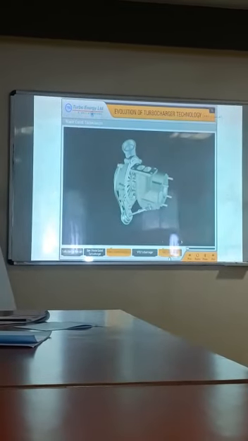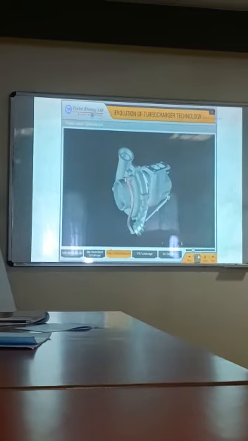Waste-gated turbocharger. Waste-gated turbo compressor housing with an